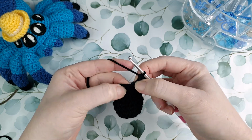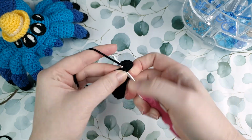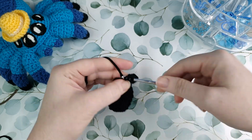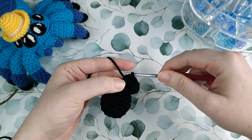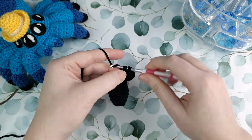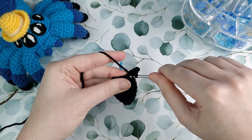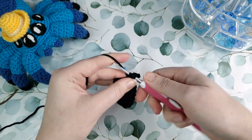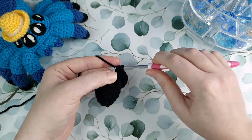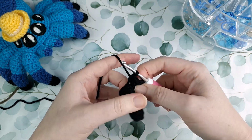That's 1 double crochet. I'm going to do a second double crochet in that same front loop. The stitch after this is also a double crochet increase. I'll put 2 double crochet in there and number 2, and across the next 2 front loops we're just going to do a half double crochet increase in each. That's my first half double crochet increase, and I'm going to do 1 more and 2 half double crochet in the same front loop, and that is the 6 stitches that we work in